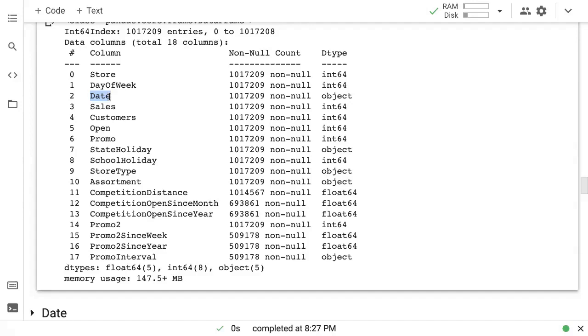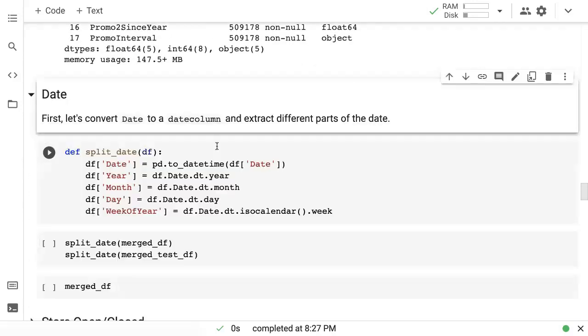The week of the year might also be useful, whether it is the first week of the year, when a lot of people are making new purchases, or the last week of the year when it's a holiday season, versus somewhere in between where it's not as busy. So date is something that we may want to first convert into a datetime object. Right now it is just object. And second, we may want to parse out information from the date. So that's what we are going to do.